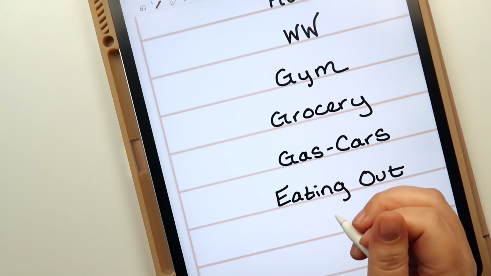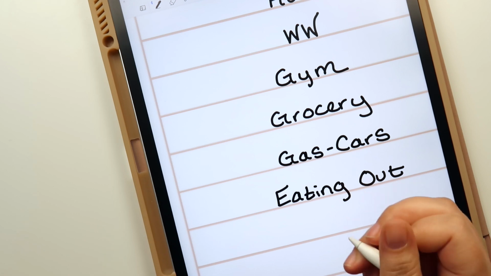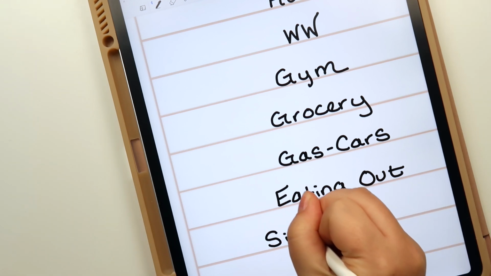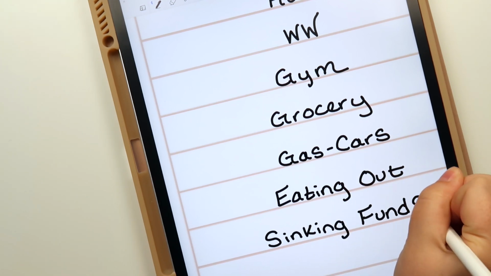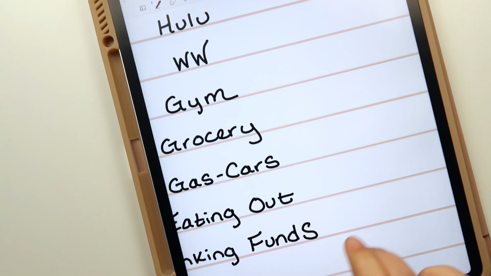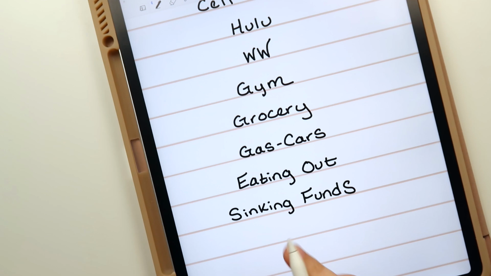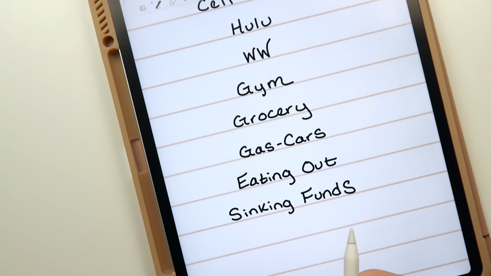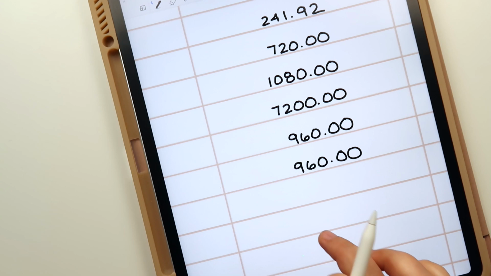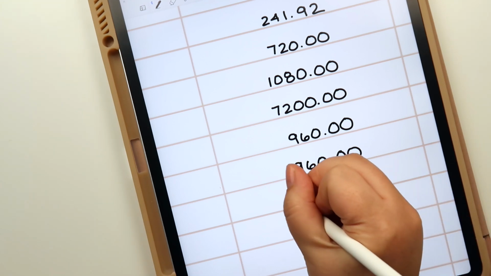And then we get into sinking funds, and this is going to be a little amount going to our sinking funds, and then the rest will be funded through my business. But this will take care of our very necessary sinking funds, because we're going to have household, for example, in sinking funds. We're going to have diapers in sinking funds. Obviously we need those things. So this will cover those types of things, as well as clothes and things like that. And then my business income will fill the gaps with everything else. That's the way we're viewing it. So that's going to be $150 a month, which is $1,800